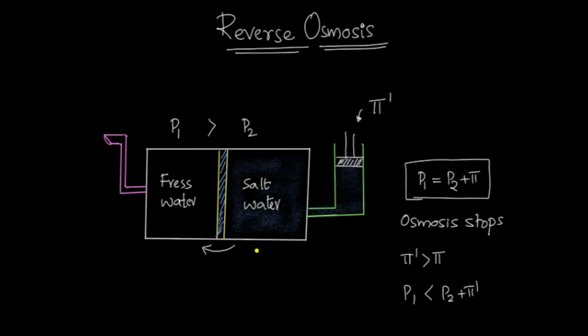It is only done when a pressure larger than osmotic pressure is applied. Here I have written that pi is the osmotic pressure and pi dash is the higher pressure which is applied on the solution side. In that case, solvent molecules present in the solution are moving from high concentration to low concentration through the semi-permeable membrane. This process of flow of solvent molecules from solution into the solvent through a semi-permeable membrane, by applying excess pressure on the solution greater than the osmotic pressure, is called reverse osmosis.